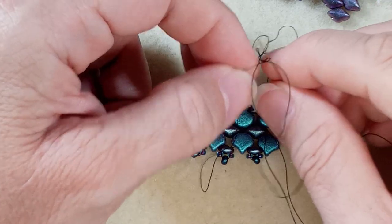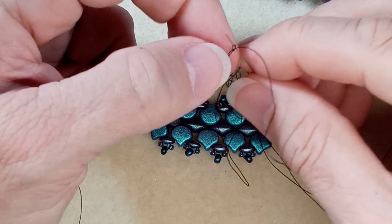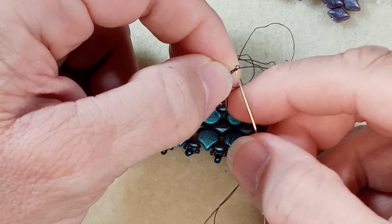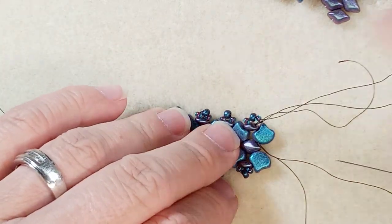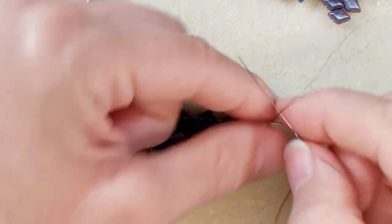If you have friends that are interested in beading, this is the other thing with this black thread. I find that because of its kind of instability, I find it knots easily compared to some of the other bonded threads. So look, another knot after I just,